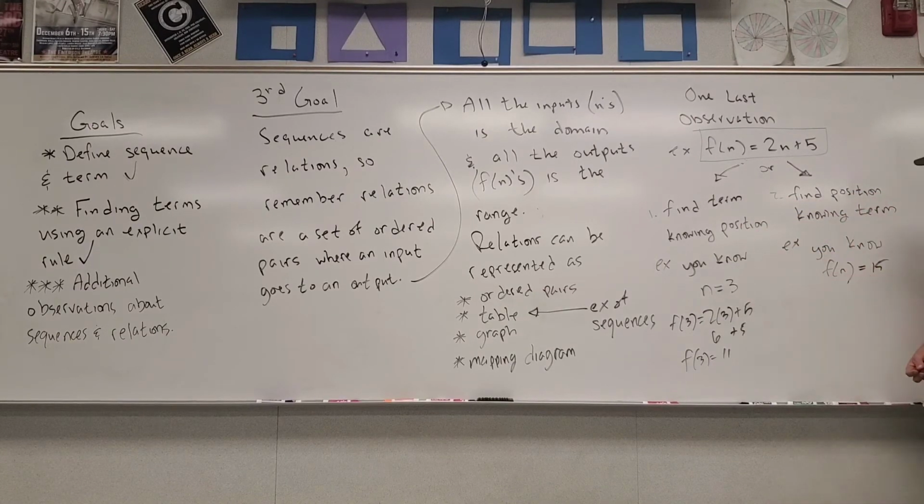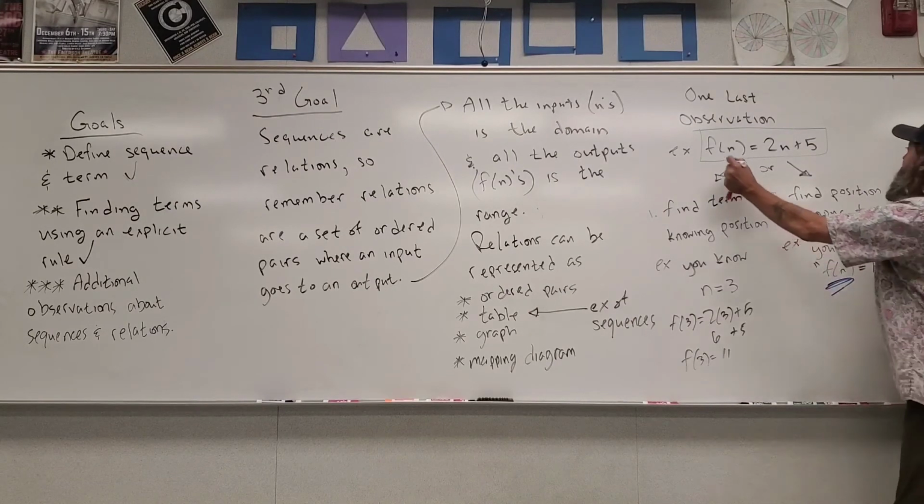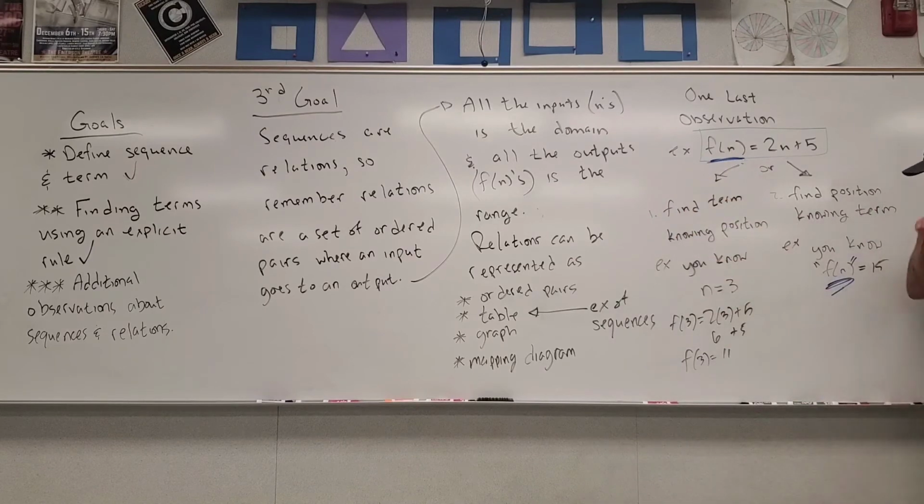This one's going to give some of you guys a hard time, and here's why. I'm telling you the term. I'm telling you what f of n is. Excuse me. So I'm going to replace f of n with 15. So my explicit rule is going to turn into, I'll write it out like this. F of n equals 2n plus 5. But I know what f of n is, it's 15, so I'm going to replace f of n